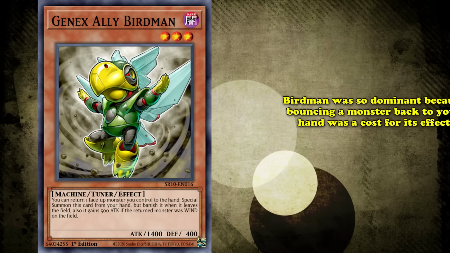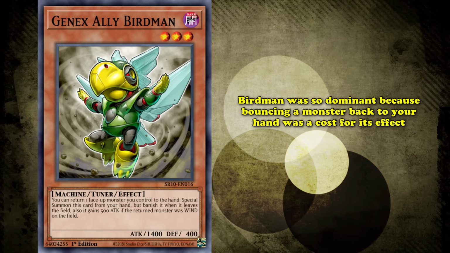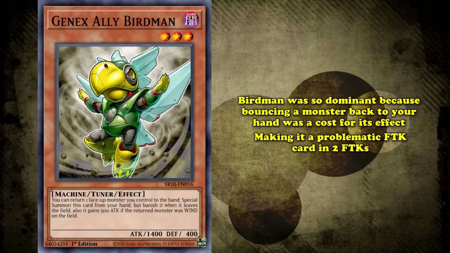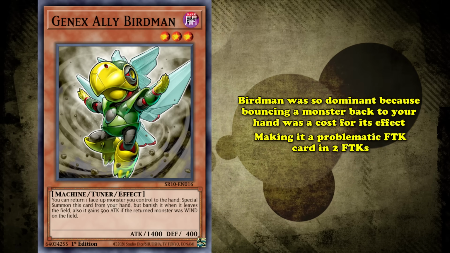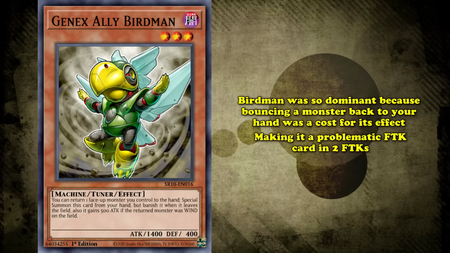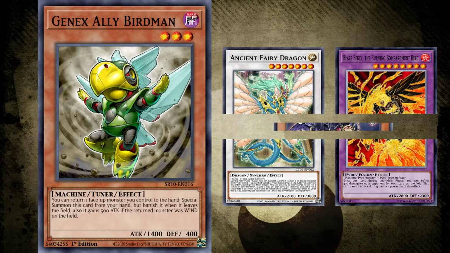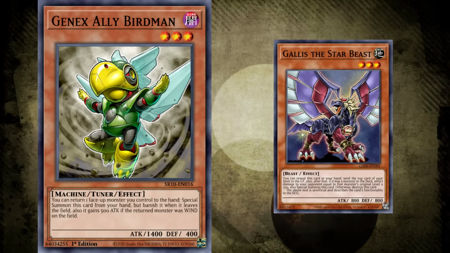The most nutty part about why Birdman was so dominant was because bouncing a monster back to your hand was a cost for its effect. This is what made it a problematic FTK card, and not just 1, but 2 FTKs that saw play. The Divine Wind FTK involving Ancient Fairy Dragon and Blaze Phoenix, and the 3-card Gallus FTK, where you would simply